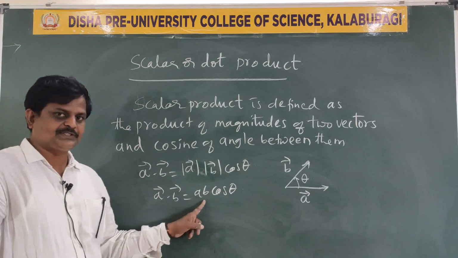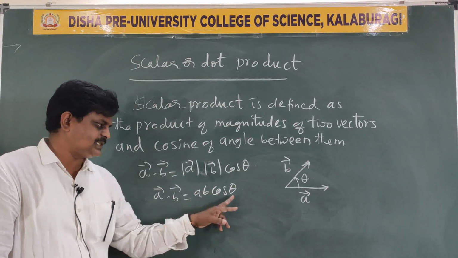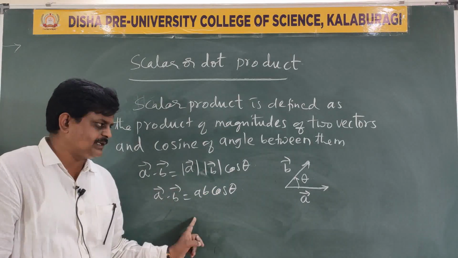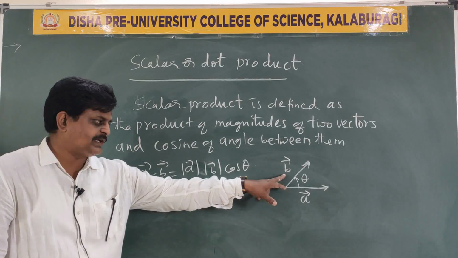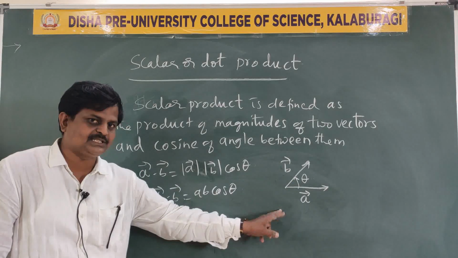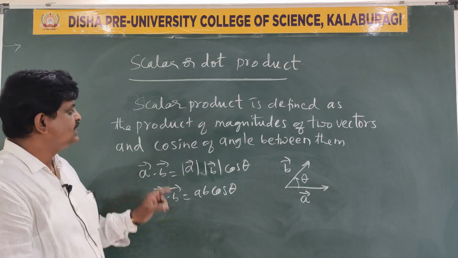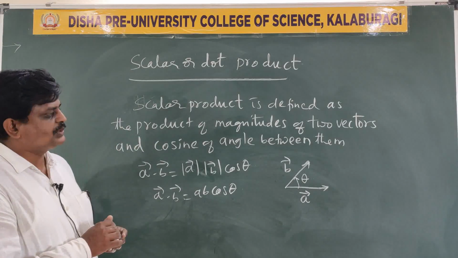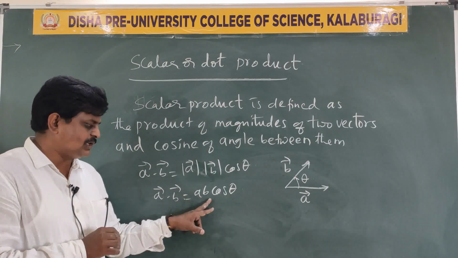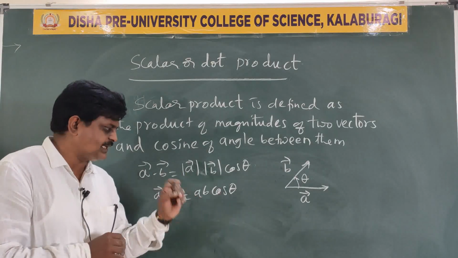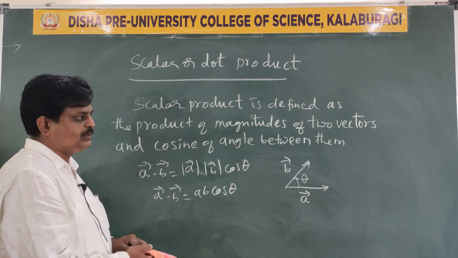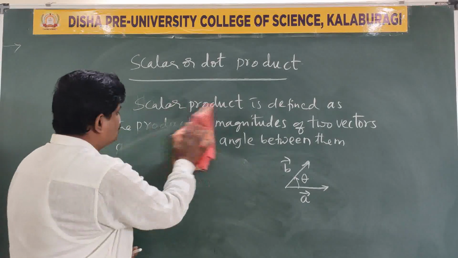What are A and B, please? The magnitudes of the two vectors. What is theta? Angle between the two vectors. And one more point we have discussed just now. If we are finding the dot product from B to A, then what could be the angle from B to A, please? 360 minus theta. So one more time, what is a dot product, please? It is A dot B. It is defined as a product of magnitudes of the two vectors and the cosine of the angle between them. This is the formula you can use to find the dot product of two vectors.